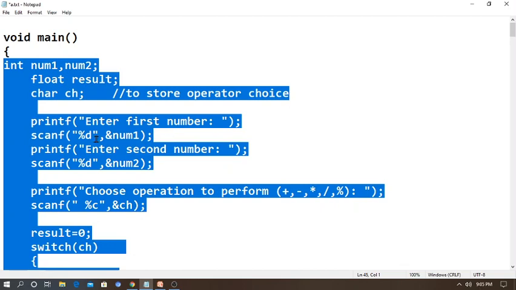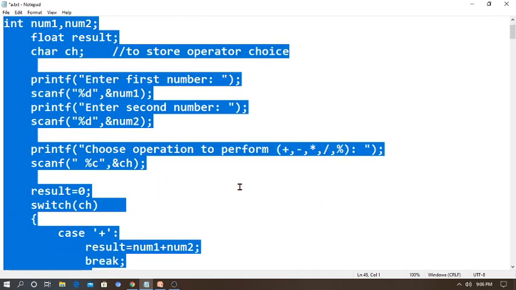Then printf, enter the first number, and scanf. What is the use of scanf? To get the input from the user. That means we are going to give the input to the computer. The C program has to get the input from us, so we need the support of scanf. At runtime it takes some value. So we enter the first number, num1, and the second number, and to remember we are giving integers, so I am using the format specifier %d %d, and then